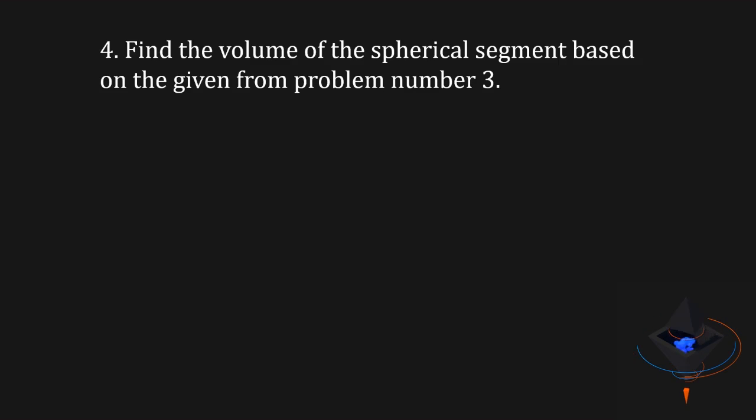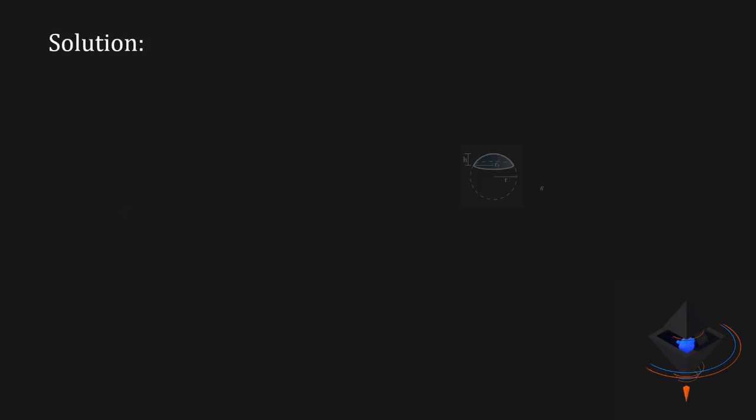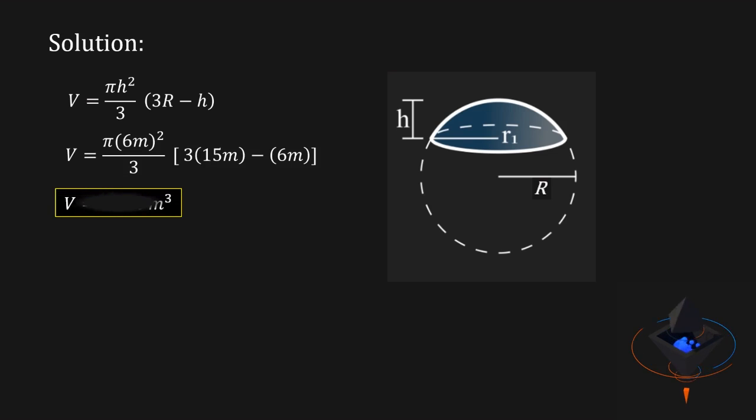Now for the fourth problem, let us find the volume of the spherical segment based on the given from problem number 3. So to find the volume, we are given again radius of 15 meters and a height of 6 meters. And let us just substitute the radius and height to the formula, which is pi h squared over 3 multiplied by the quantity of 3r minus h. And substituting the height of 6 meters and a radius of 15 meters, we will get a volume of 468